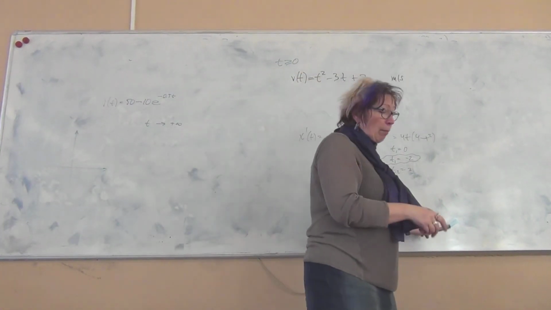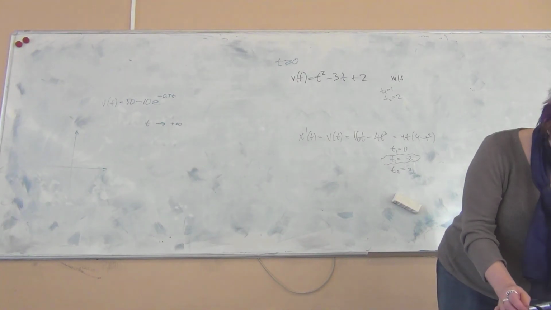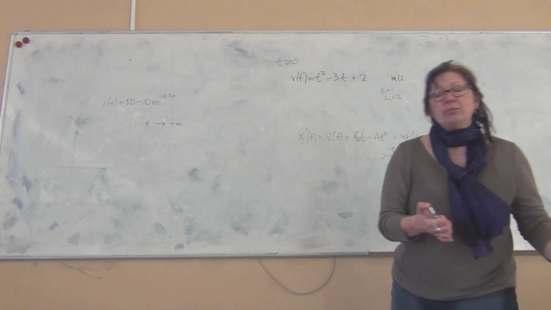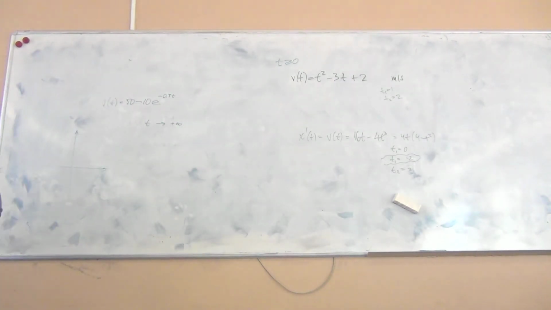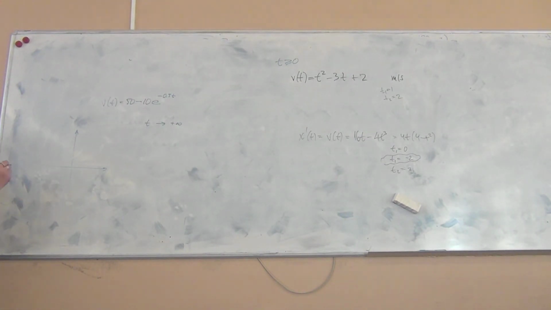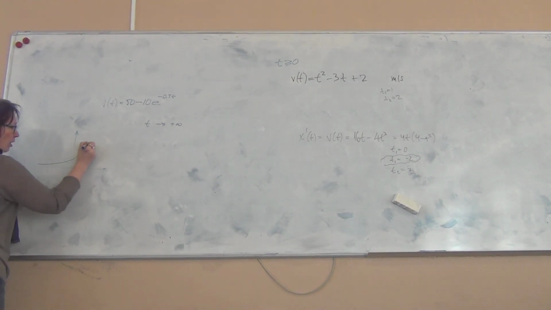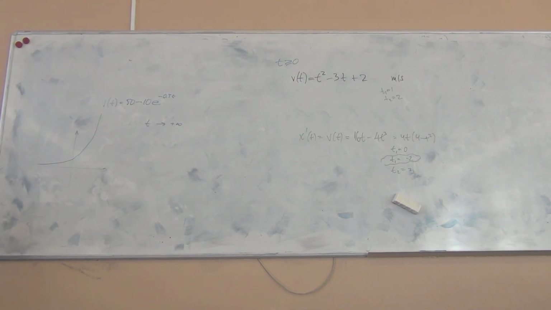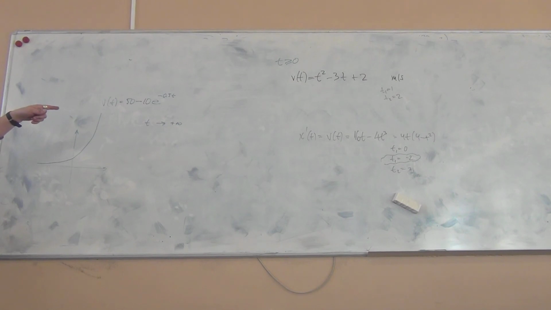And now I am relying on your existing knowledge of the exponential function, but the basic exponential function graph is like this, and we discussed this last semester. Now if I have to multiply by minus 10, it means the exponential function goes like this. It will be 10 times down, but multiplied by minus 10, it becomes like this. And now if I have to move it 50 units up,